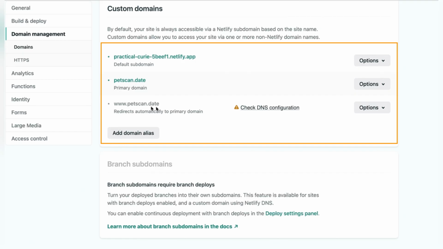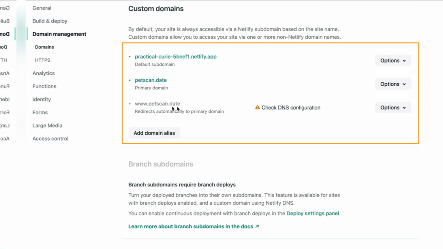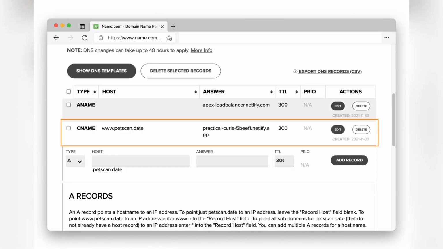Now go back to your Netlify dashboard, and you should see your main domain listed as connected. If you look closely, Netlify automatically adds a www subdomain, but it might show as not connected yet. That's because we haven't created the DNS record for it, so head back to your domain registrar and add a new CNAME record for the www. Point it to your main domain, for example, www.yourname.com goes to yourname.com. Save that, and after a few minutes, you'll see both your main domain and subdomain listed as